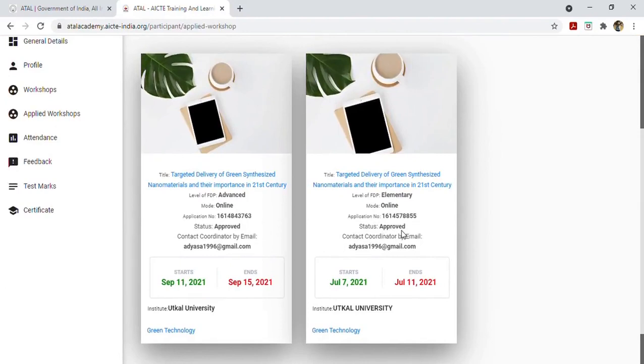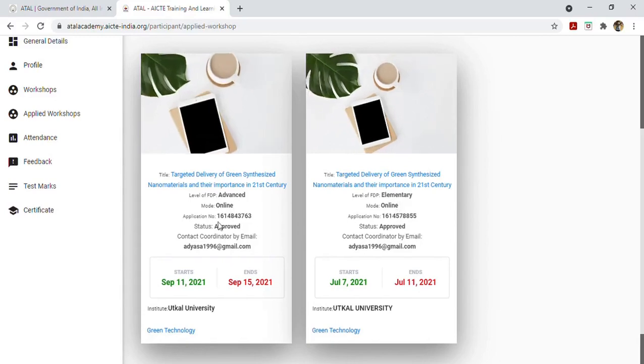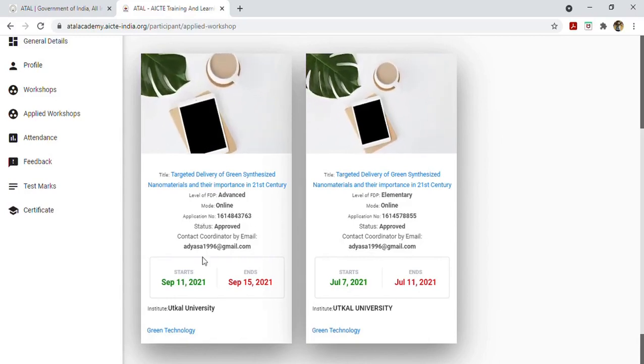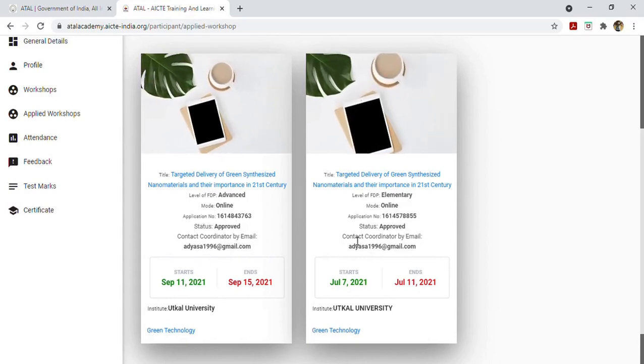In Utkal University we are conducting two FDPs. The first one is the elementary one and the second one is the advanced one. You can apply for both the elementary and advanced and get approved by the coordinator as soon as possible. As the seats are very limited, you can go and apply for the same.